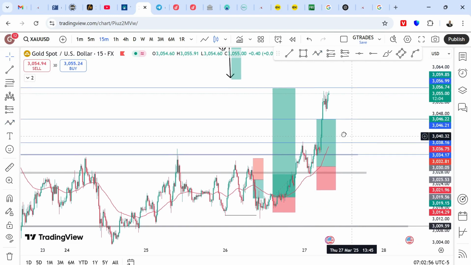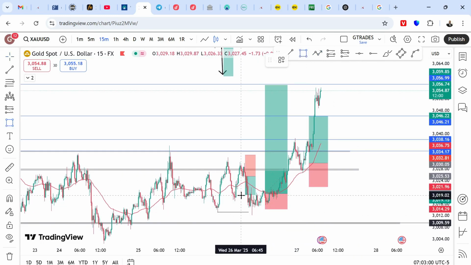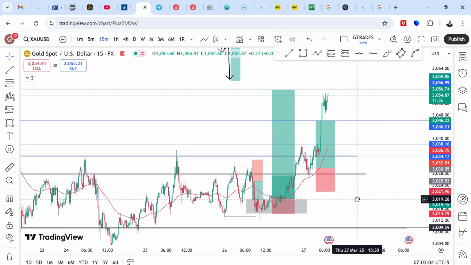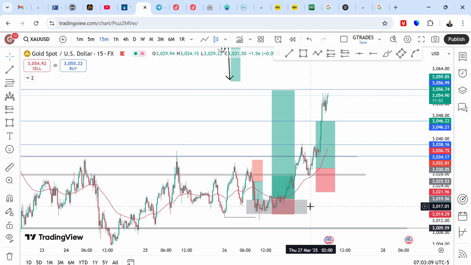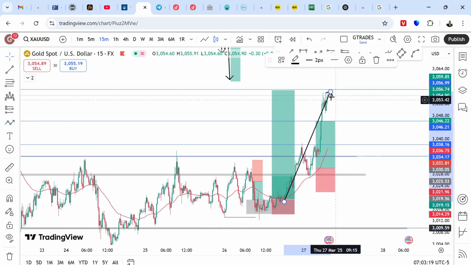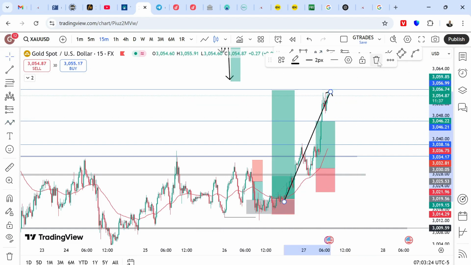Now, let me show you my entry criteria. What happened? I saw a series of what? Accumulations here, right? Now, in the market, there's what we call accumulation and distribution, right? When price accumulates, it's gathering orders. The moment you spot a breakout and retest of that accumulation, then price is ready to skyrocket, to go up like a rocket, right? And that is the reason why we took our profit here, almost 1:7 risk to reward, right?